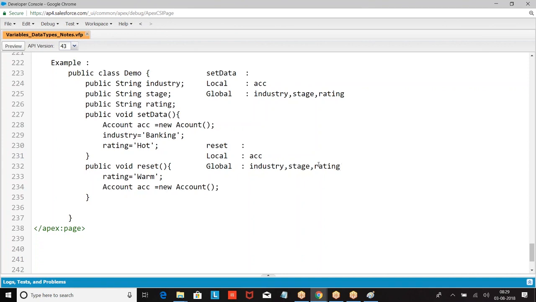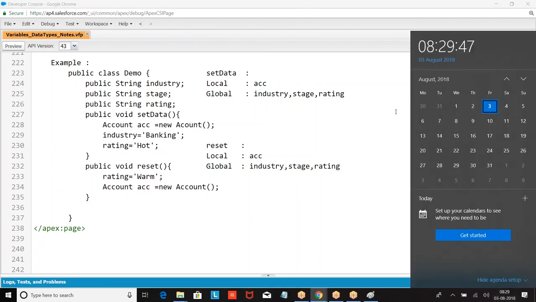So we have just seen what a data type is, and we have seen variables and the creation of local and global variables. Tomorrow is Saturday. On Monday we meet back and we are going to discuss statements, how to define methods, and how to write basic logic using the variables. That's all from my side.